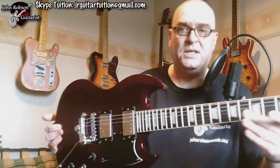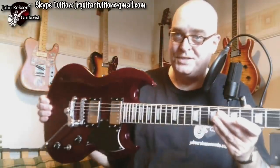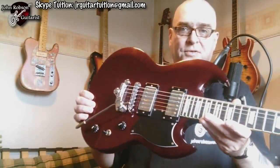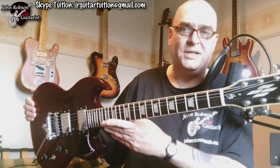this guitar. This is a Harley Benton DC Custom, quite obviously a copy of a Gibson SG. It was my review of one of these guitars that made the person who owns this one go out and buy one. And since he's got it, as you can see, he's installed a Duesenberg trem on it, which is handy to know, because quite often when you're retrofitting parts to guitars made in the Far East, things don't fit the way they should, or the way that you expect them to. But if you're thinking about putting a Duesenberg trem onto your Harley Benton, it does fit. So that's the budget brand guitar that we're looking at today, and we're comparing that